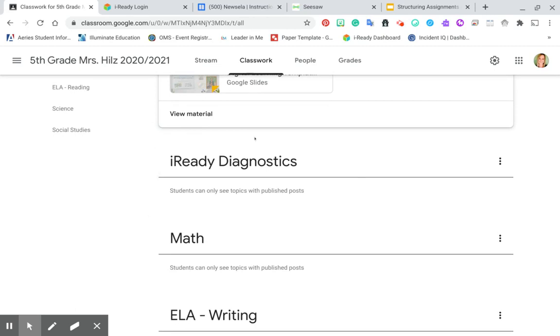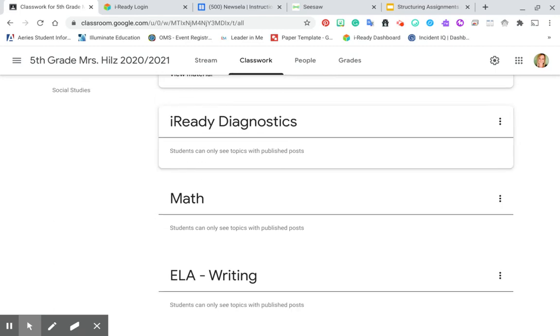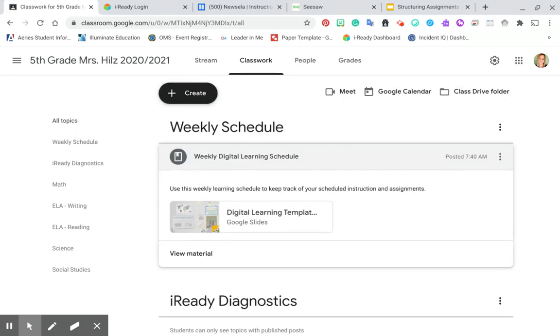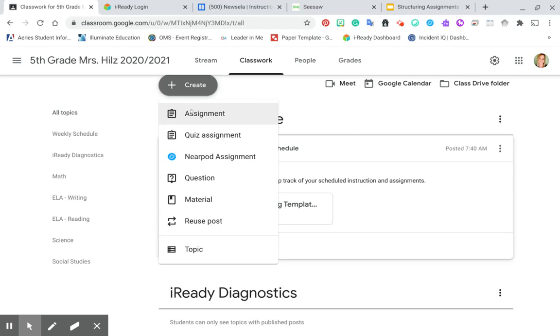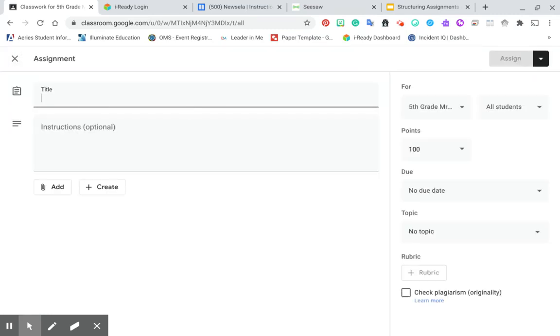So at the beginning of the school year, we obviously have our iReady diagnostic, which is a vital tool to help us understand where our students are and what type of intervention or supports they will need throughout the year. Obviously we can't plug in a direct link into our Google Classroom that will take the students to their iReady diagnostic. So that's where we're going to have to create an assignment, because these assignments will then be able to be digitally logged by an external system that will allow us to collect data based on the amount of time some of these assignments should take. So I'm going to